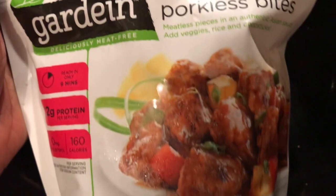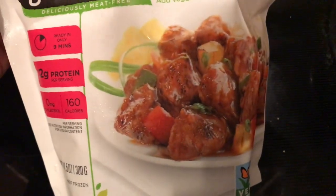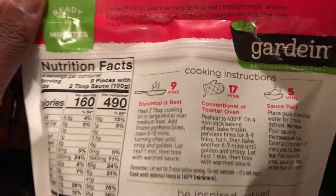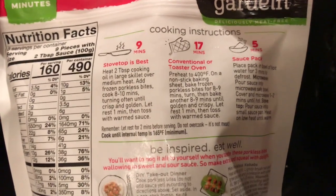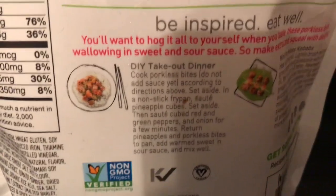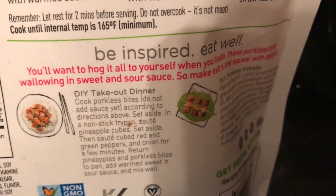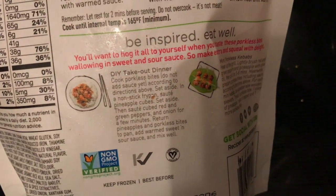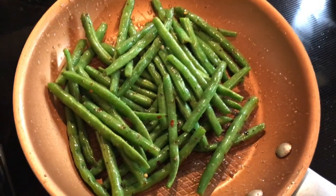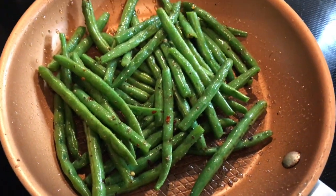Sweet and sour porkless bites. Now this is what I was most excited to try, because I have not had pork in ages, and I was super duper hyped to get a pork feel again. So I did want to follow the instructions on the back and make the takeout pork dinner with the pineapples and all of that stuff in it,